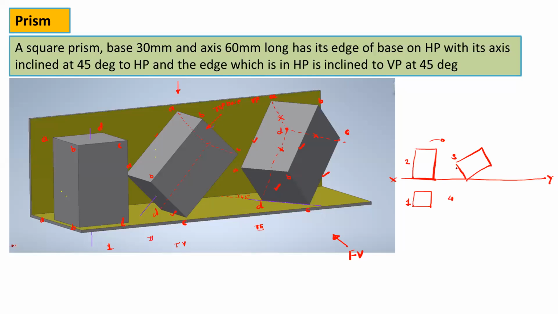Then fourth step is complete the second stage top view. So you have to take the projectors. In the fifth step, rotate this second stage top view with the given angle with respect to the vertical plane. And this is the sixth step. So just take the projectors and complete this final view.